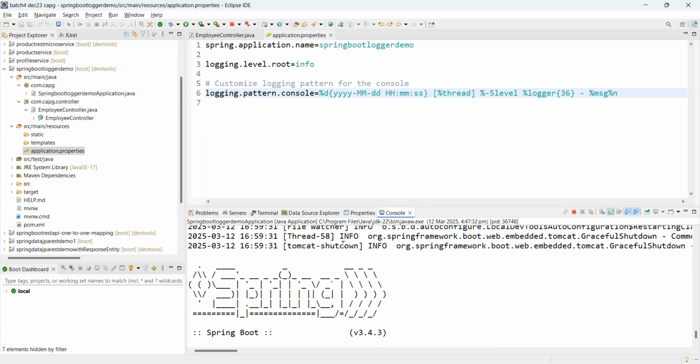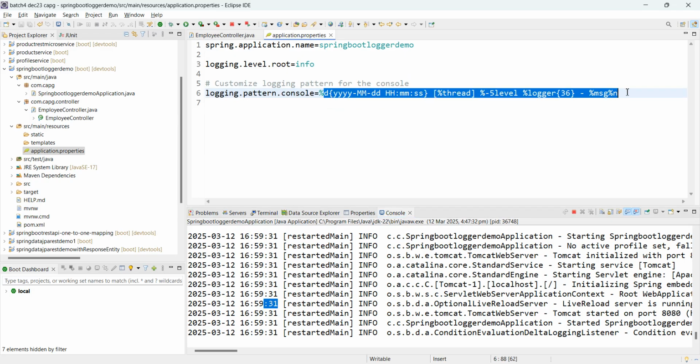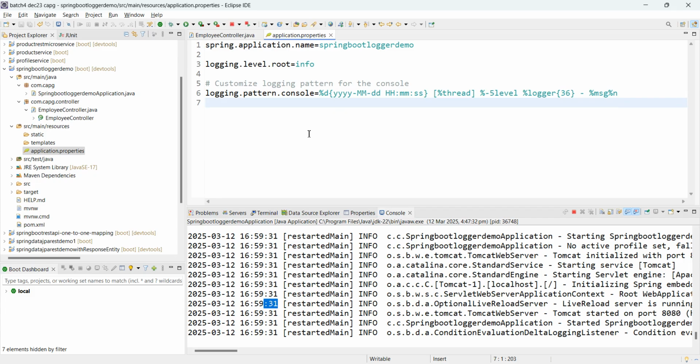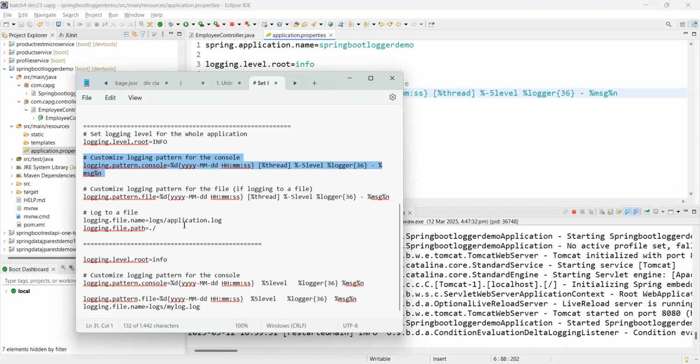Okay, so this is how you can print the logger level inside the console. Now the logging advantage, what I told, is that a print statement only displays the print, you don't have formatting. But in logging, I can print with formatting. Now for logging, I can print inside a file also. For printing in the file, I can just